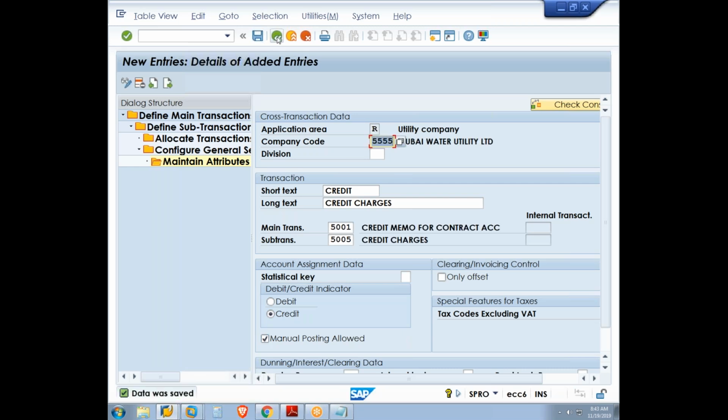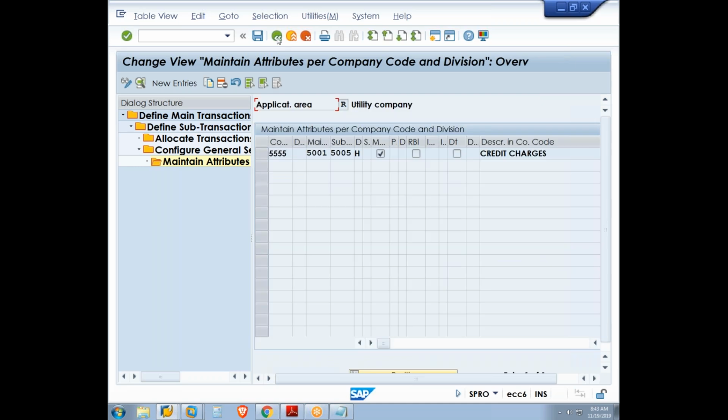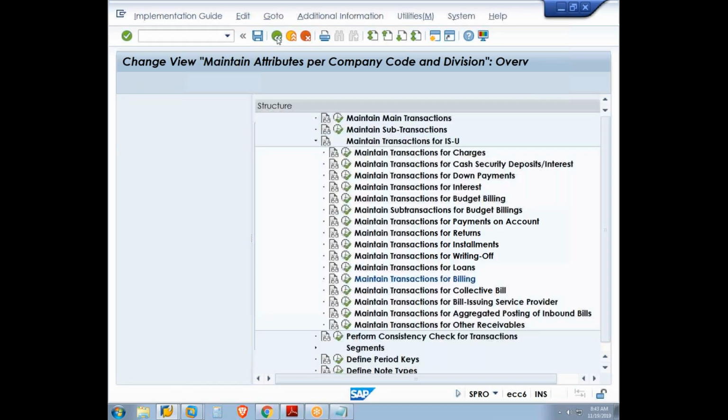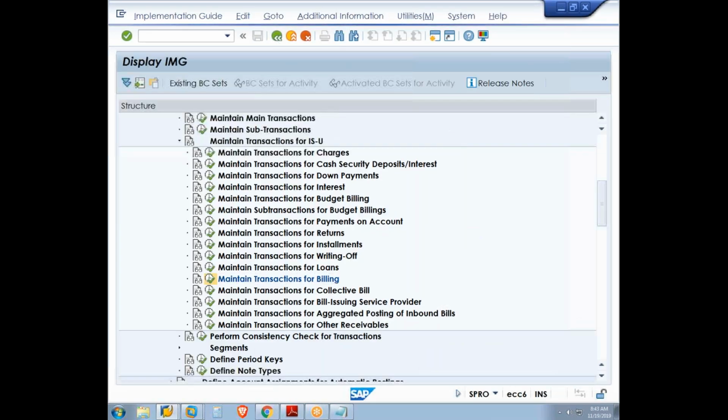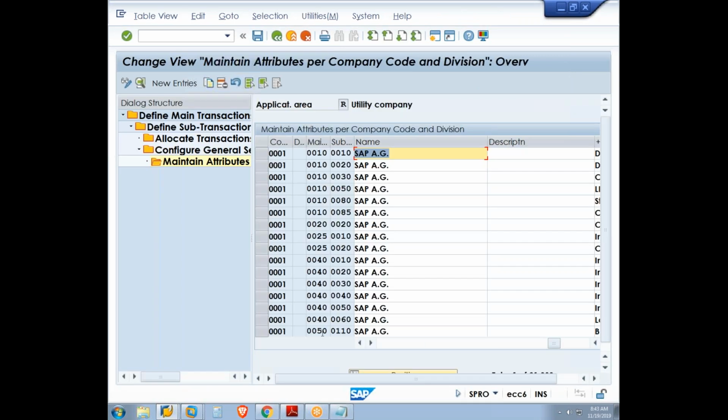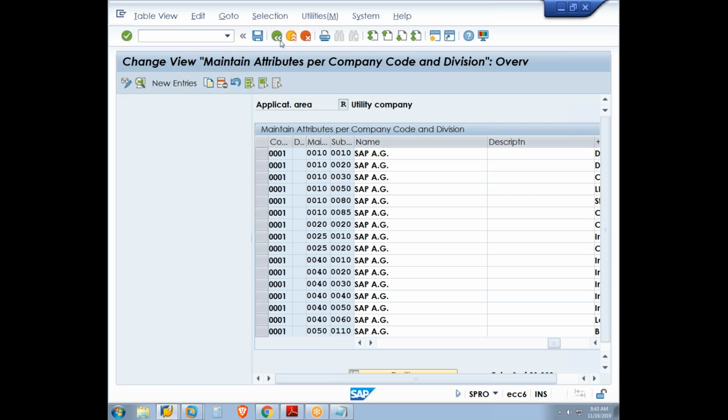So whatever main transactions and sub transactions I have defined, I have now given them to the company code. So basically there are 2 main transactions. For the first one, there are 4 sub transactions. For the second one, 1 sub transaction is available. Now, whenever you're posting it to FICA,